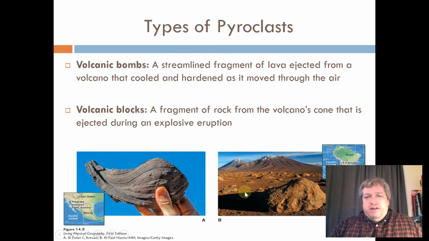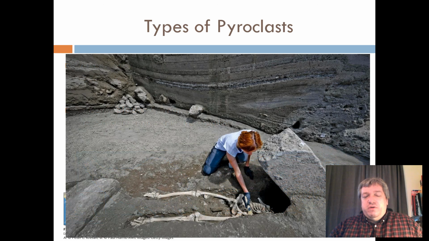And then the last one right here is a volcanic block. And this is just nothing more than a big chunk of rock that was ejected from the volcano that wasn't pulverized or turned into dust. And if one of these was to fall on you, like it did here, and this is actually a real image, that would not be too fine. This actually here is near the volcano in Italy that is called Mount Vesuvius. Mount Vesuvius erupted many times, but this person died in the year 79 AD when obviously this big huge block fell out.